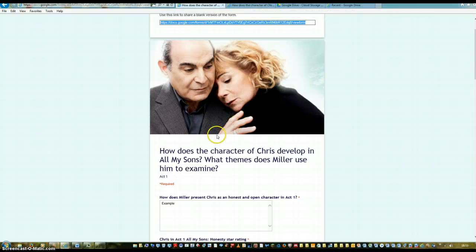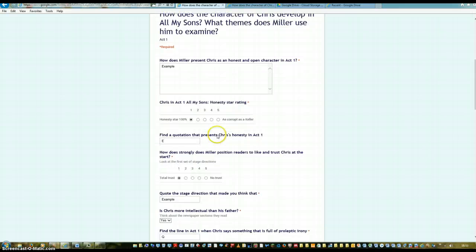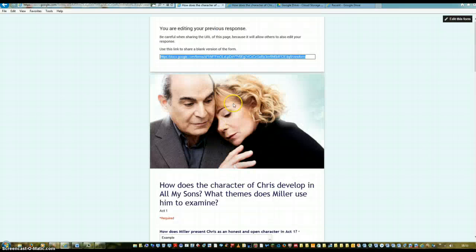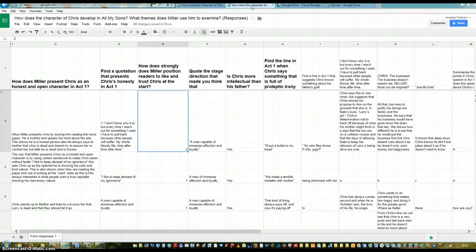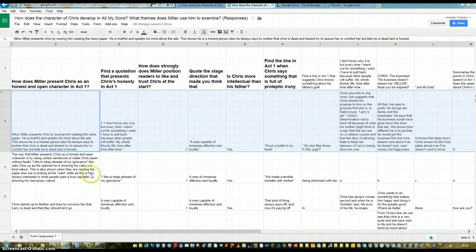So imagine we've just created this form. This one took about 10 minutes to create. We've sent it to our class and they've completed it for prep. All the answers come into one place, which looks a bit like this, a spreadsheet. So rather than assessing each candidate horizontally,